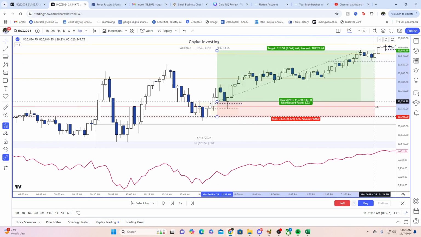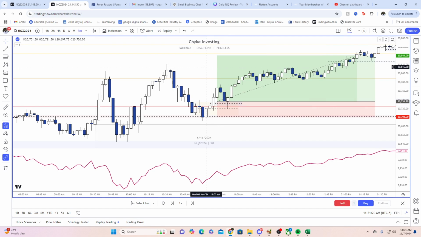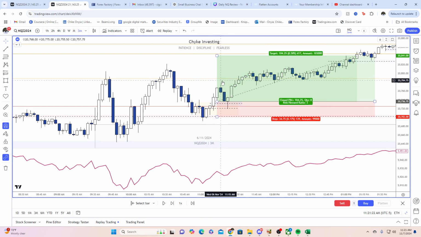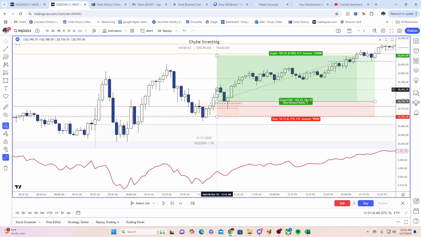And you could have targeted a 1 to 3, which would be right here. And if you don't know why I'm targeting a 1 to 3, this is one of the best ways to target for the 22 model, right? And I have a really good video on that. It's called Best Risk Reward Strategy, You Don't Have to Worry About Losses Again. That's on my channel. It's in my general ICT trading concepts playlist, as well as my how to trade the 22 model playlist. Go check it out there as well. I do a really good review on the 1 to 3 concept.